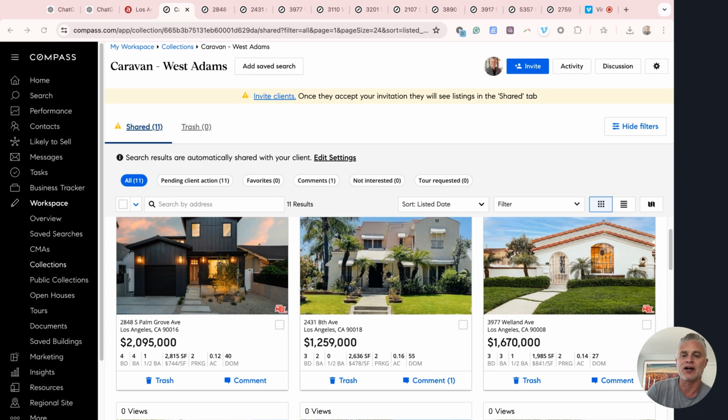Just going to do a quick analysis on West Adams, which is in Los Angeles, kind of show you how we think about things, get a sense of the market. So, a few things we use. One, we use